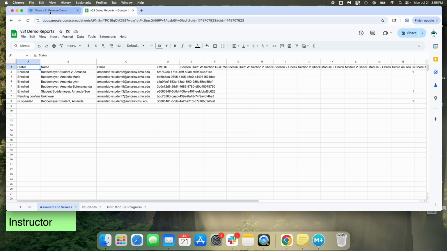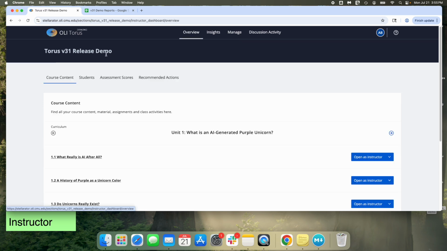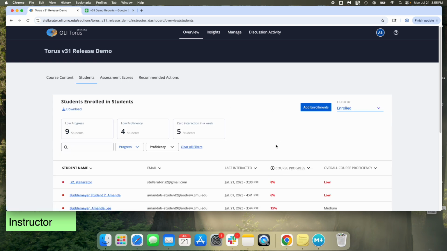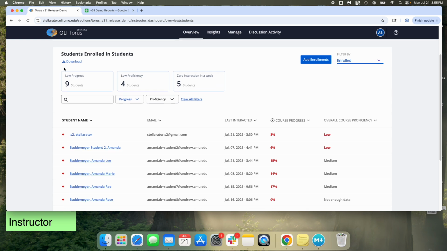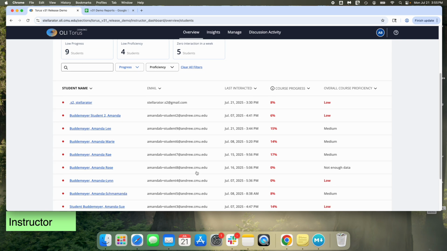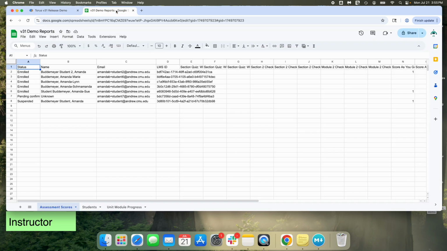All right, moving on. So that's it for this Manage tab. If I go into my overview and I look at my students, there have been no changes to this on-screen version of this report, but if I download this student report that just shows me who my students are, and where they are in the course and proficiency, that sort of thing, then we have some changes to